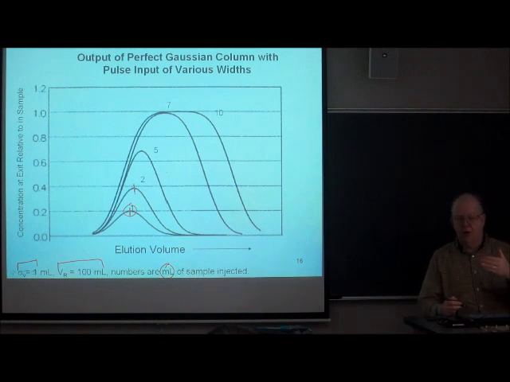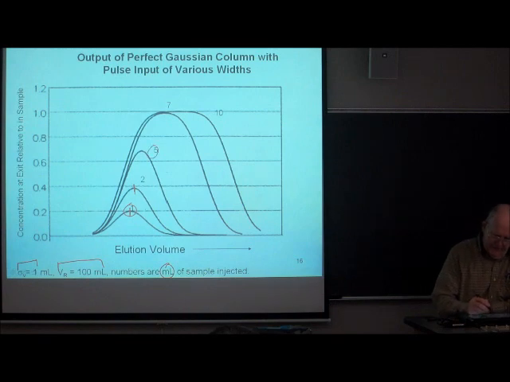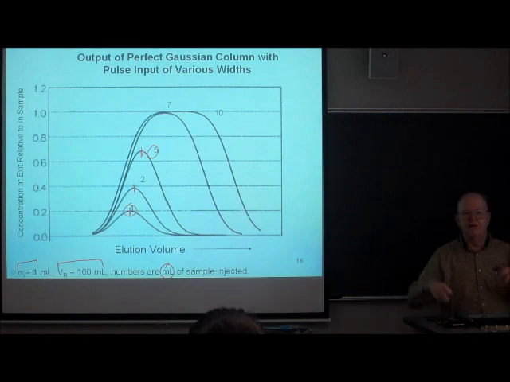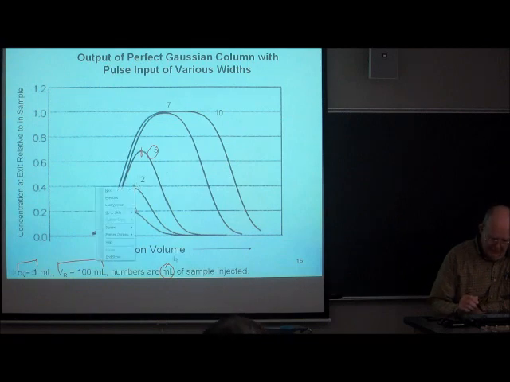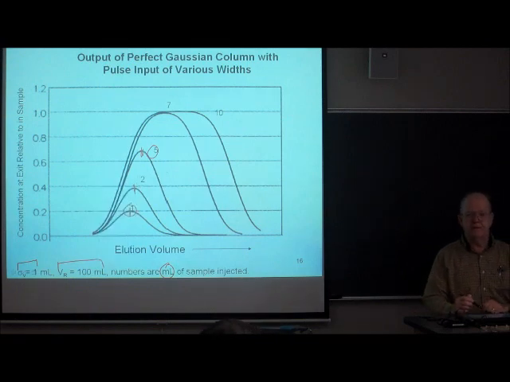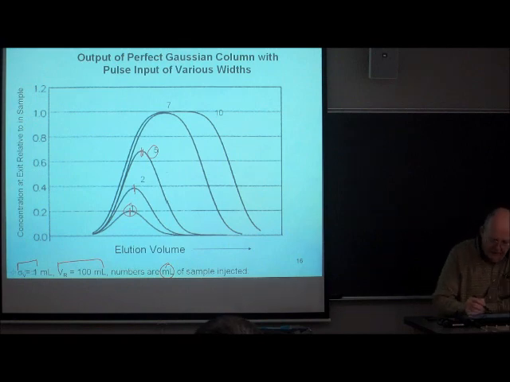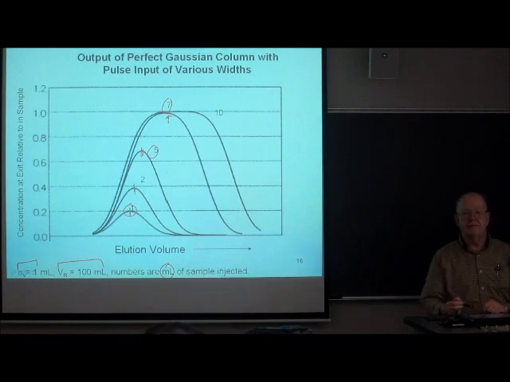Now, if I inject more, and I go up to this situation where I've injected 5 mLs, this peak maximum is out further, the width is increased more. But notice, this peak is not twice as big as this peak. It's somewhat less than twice as much. If I inject 7 mLs, that's this peak here. And now when I inject 10 mLs,